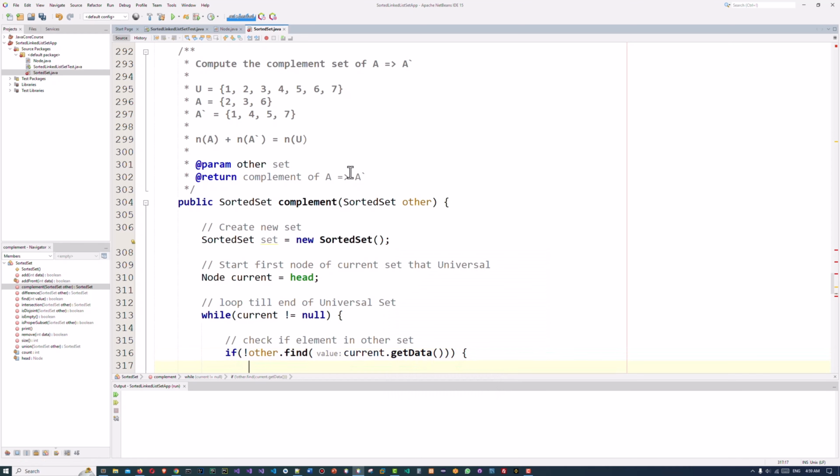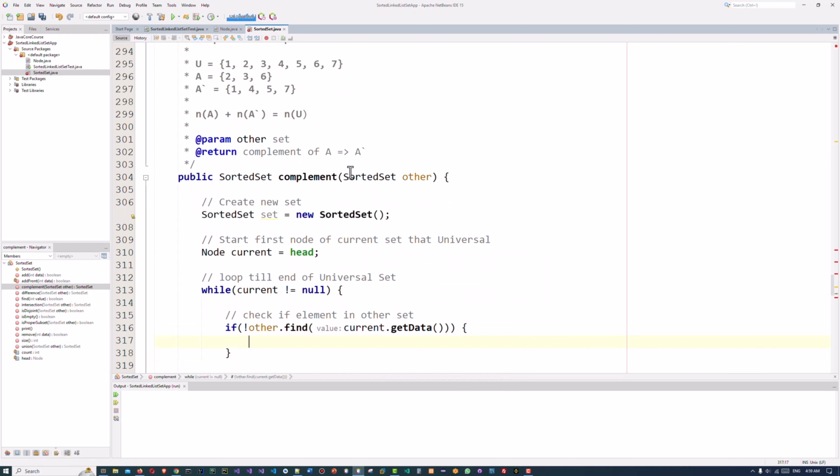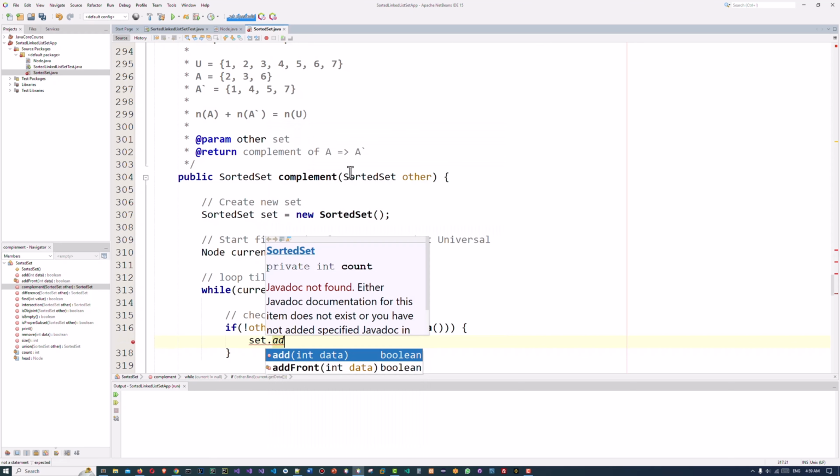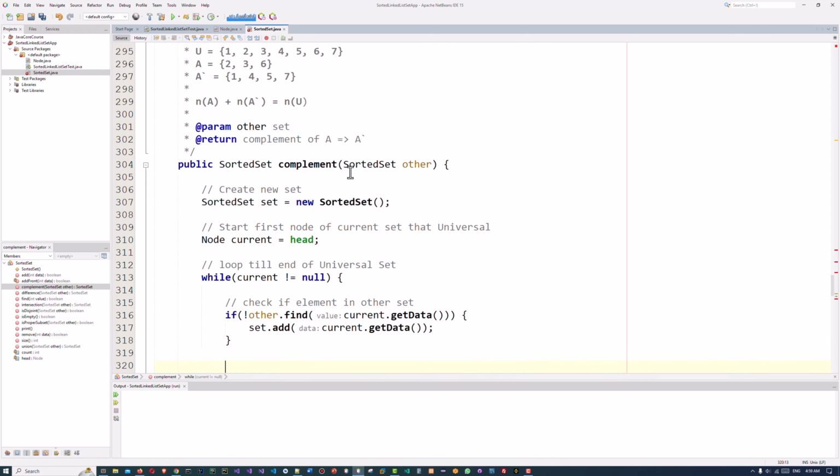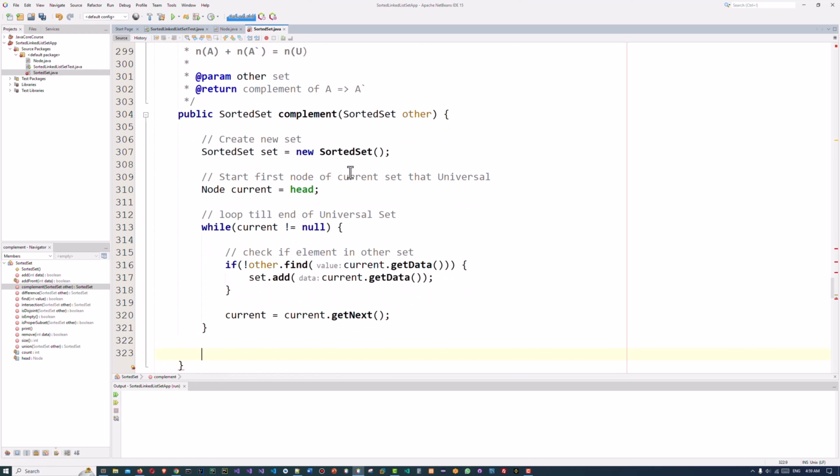So if it does not exist within the other set, it is part of A prime. So set.add(current.getData()), and we move to the next node. Current is equal to current.getNext. This is how we create a complement of a set, and we return the set. It's the complement of